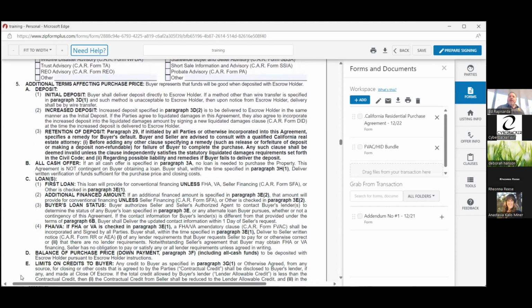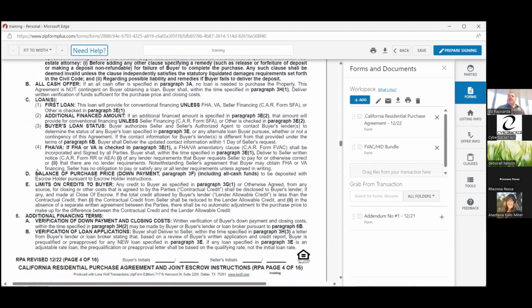All these beyond here are all talking about that grid that we just went through, right? So when we talk about the initial deposit or the increased deposit or retention, when can I take that? It's all defined here, right? So if I have a question about this,